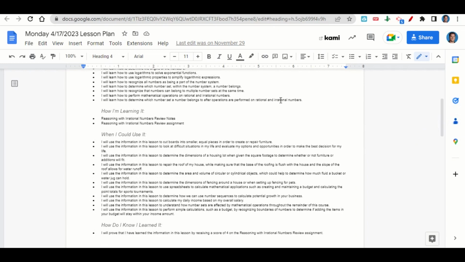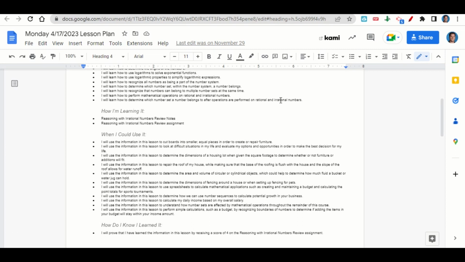To cut boards into smaller equal pieces in order to create or repair furniture, to look at difficult situations in your life and evaluate your options and opportunities in order to make the best decision for your life, to determine the dimensions of a housing lot when given the square footage to determine whether or not furniture or additions will fit, to repair the roof of your house while making sure that the base of the roofing is flush with